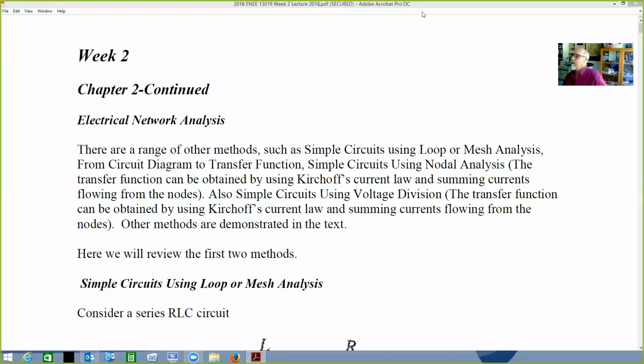All right, in this session we'll be looking at modeling in the electrical and mechanical systems. The key thing here is that whether it's electrical systems, mechanical systems, or electromechanical systems,